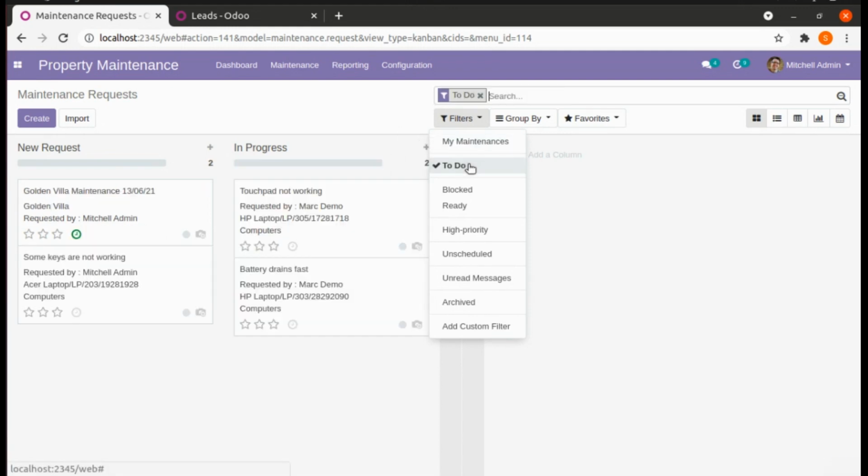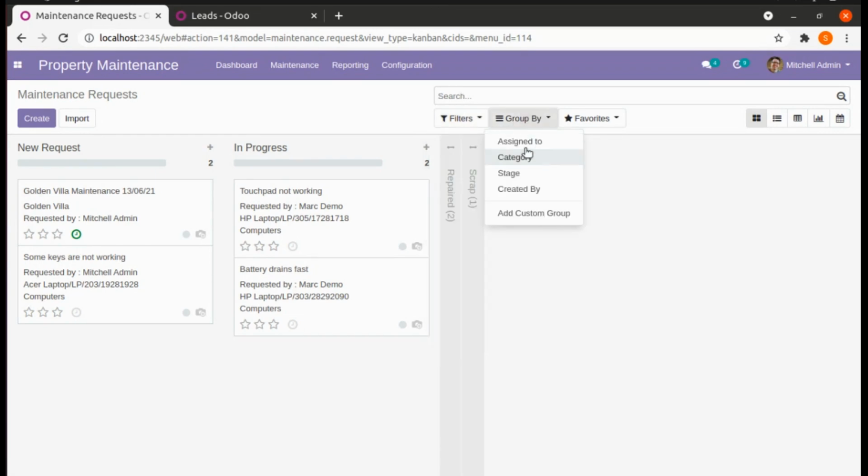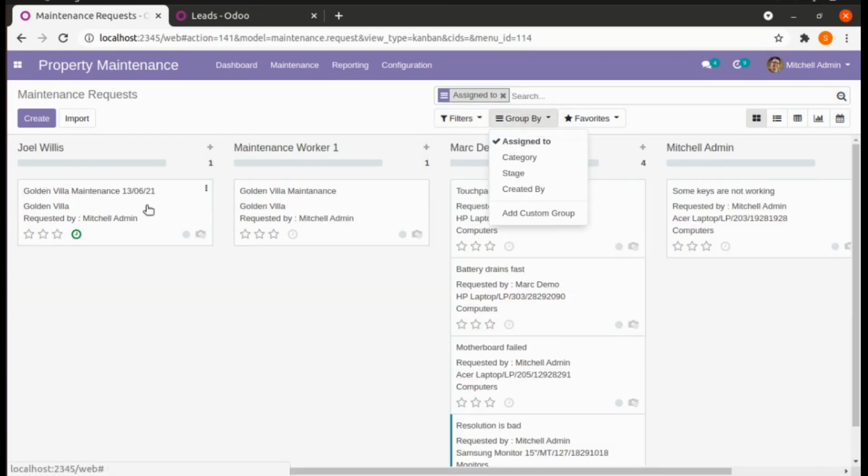If there are any to-dos for that particular user, they will also be shown. If there are any blocked or ready state maintenance requests, they will be shown here. Also there are groups like created by or assigned to, so to whom that particular request is assigned can also be shown here.